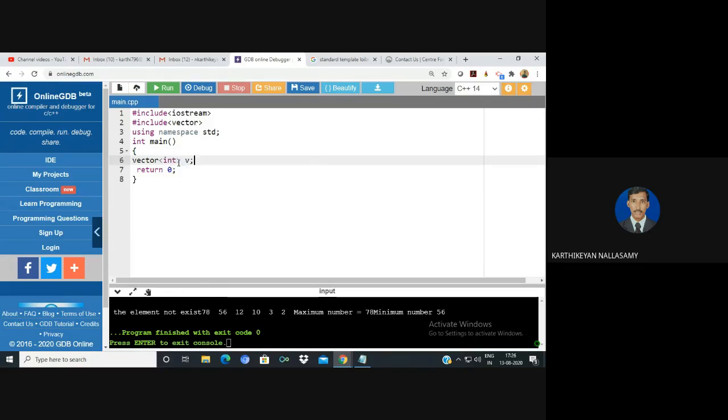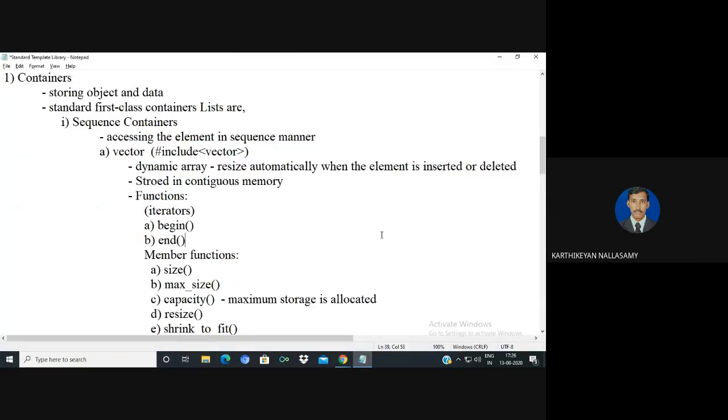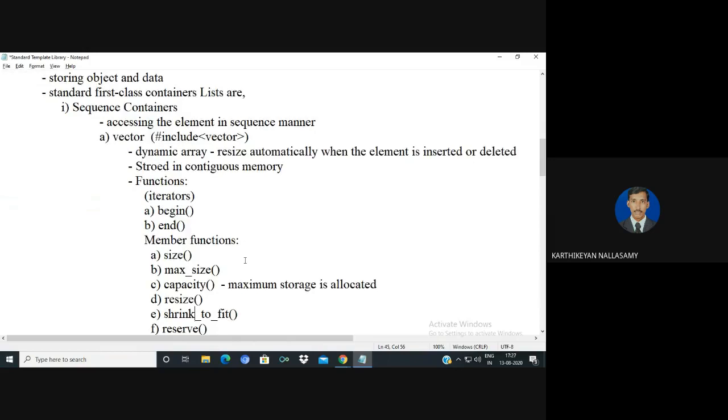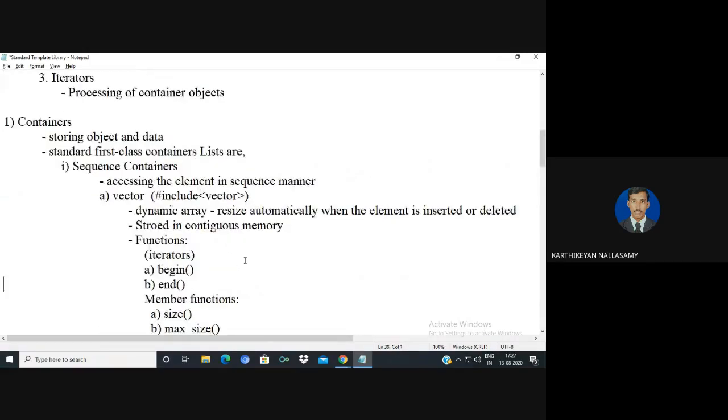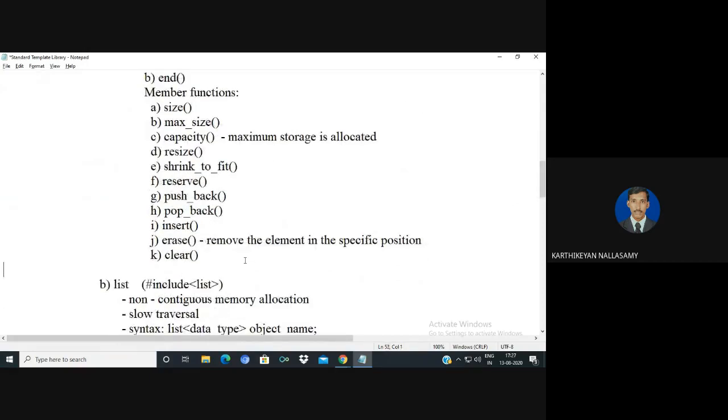Then if you want, we can define its size, or otherwise it is now a default, so the size of the array is 0. Maybe some of you have heard about ArrayList in Java. Vector is similar to ArrayList in C++. These are some of the functions listed here to work on this sequence container.